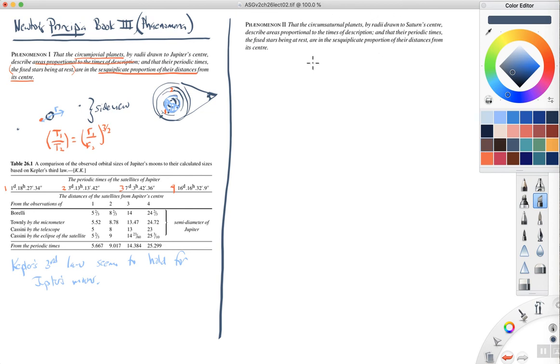So Phenomenon 2 says that the circumsaturnal planets, by radii drawn to Saturn's center, describe areas proportional to the times of description, and that their periodic times, again, the fixed stars being at rest, are in the sesquiplicate proportion of their distances from its center. Okay, so once again, if you were to look through a telescope at Saturn, you would notice that it has some moons. I don't recall offhand how many moons it has, and you can measure the time it takes a particular moon to go around Saturn and come back to its same spot. You can measure the distance that it is from Saturn, and you could compare the distances of these moons from Saturn. And let's import the data